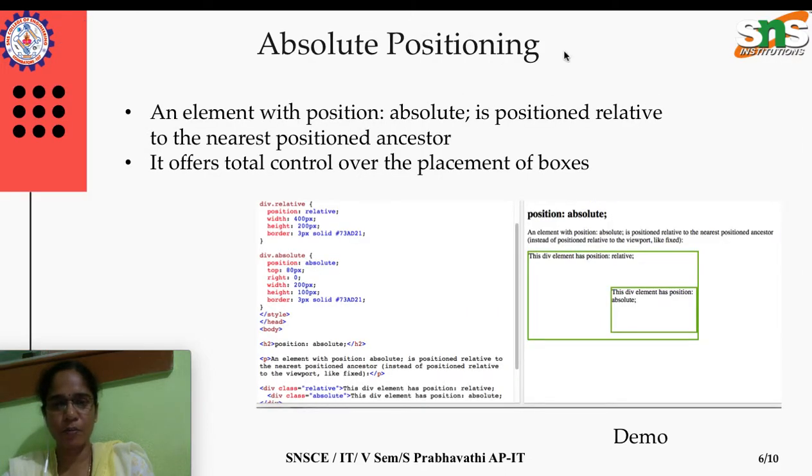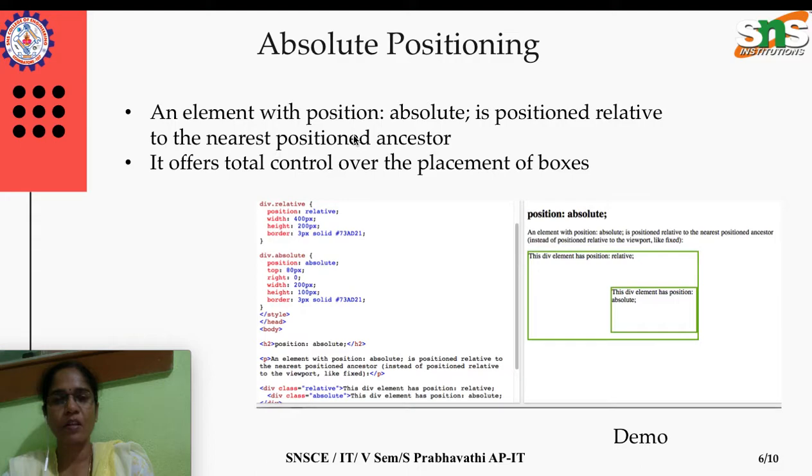And absolute positioning. What does absolute positioning say? When we specify the position property value to be absolute, the element is positioned relative to the nearest positioned ancestor, okay. So what does it mean? It offers total control over the placement of boxes.